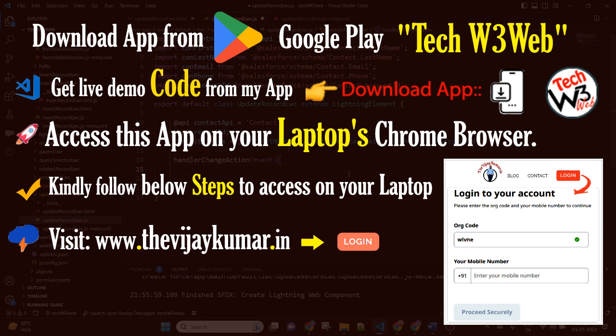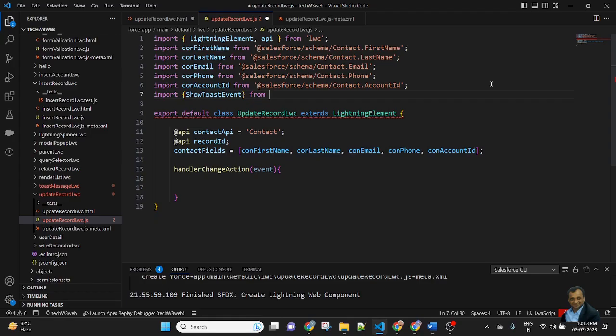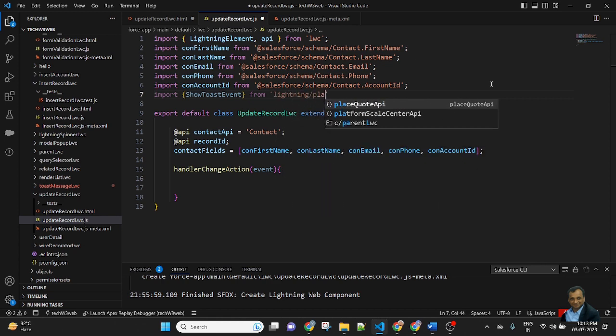Before using the toast message, we need to import the module of the toast event. So import in curly brackets ShowToastEvent from lightning platform show toast event.